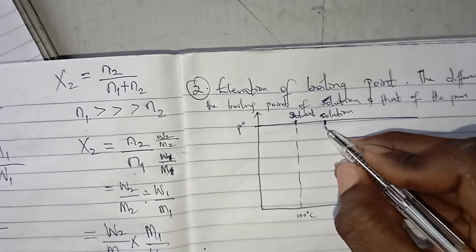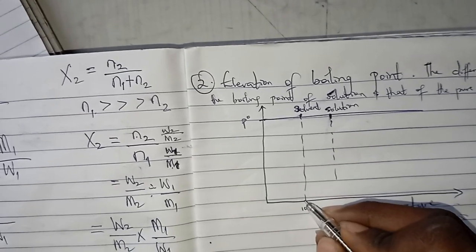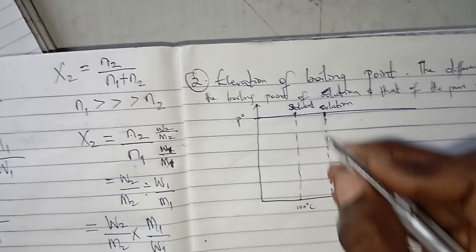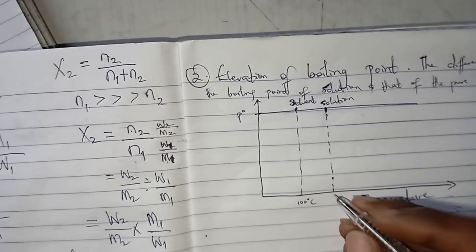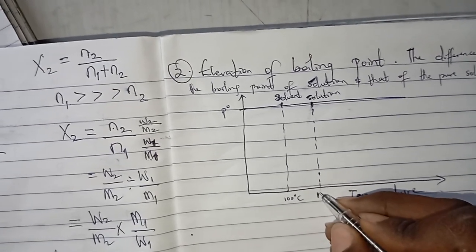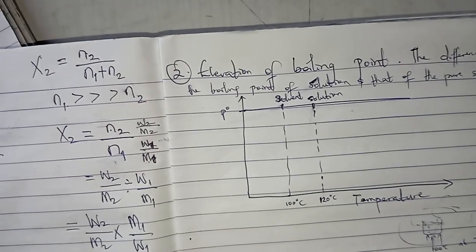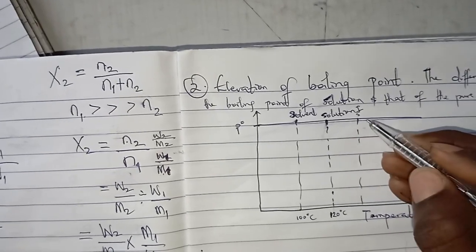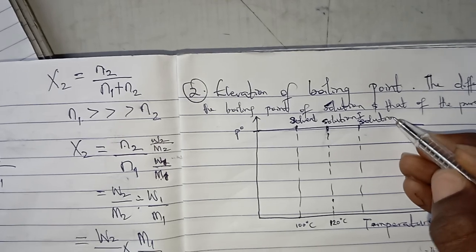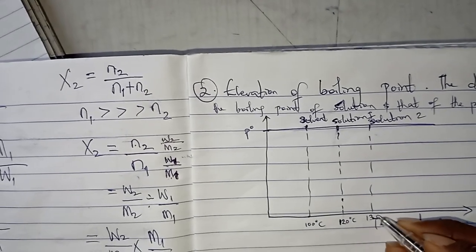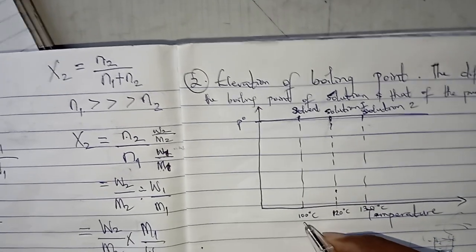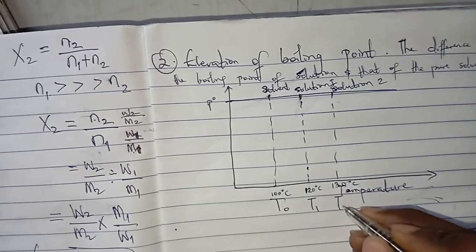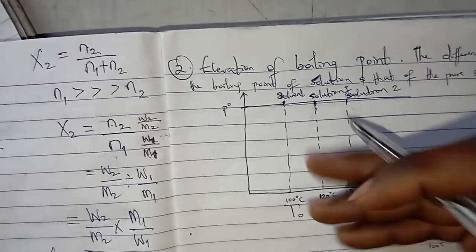So if I add solutes now, normally it's supposed to boil at this temperature, but it will make the temperature take more time in order to boil. So before it can attain that point, you say that you've elevated the boiling point. So it can now happen maybe at 120 degrees C. Yes. So the same thing, if let's say I add another solute. This is solution 1. If I add another solute, I form solution 2. It will boil at, let's say, 130 degrees C. It's not constant. So let's say this is T0, the pure temperature for the normal boiling. This is T1 and this is T2. Notice there's increase in temperature. And as I'm adding all these things,